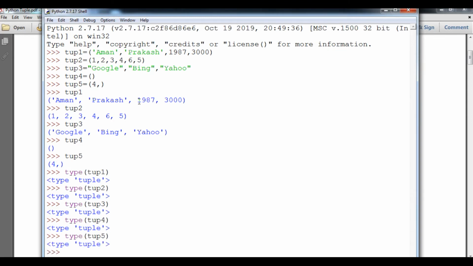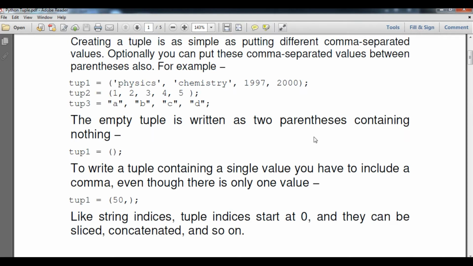So you can see everywhere the type is a tuple. Student, by this we have understood how to create a tuple. We can also do slicing in a tuple, like string slicing. Tuple indices definitely start from 0, and with the help of index values we can slice and concatenate, and so on, whatever we have done in list and